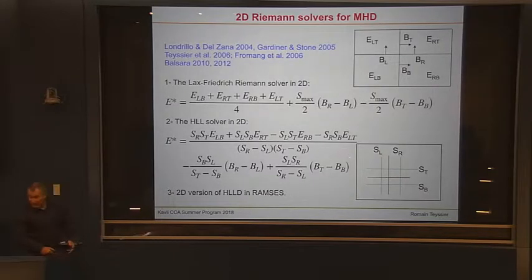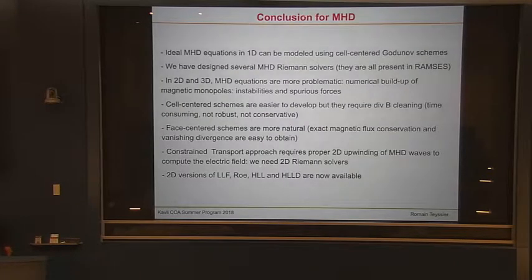So exactly the same idea as before, except now you have this finite surface representation of the magnetic field. By construction, div B is preserved. Of course, there is a price to pay, which is to use those solvers, which are actually more expensive than not using them, right? Okay, so that's basically the conclusion here.